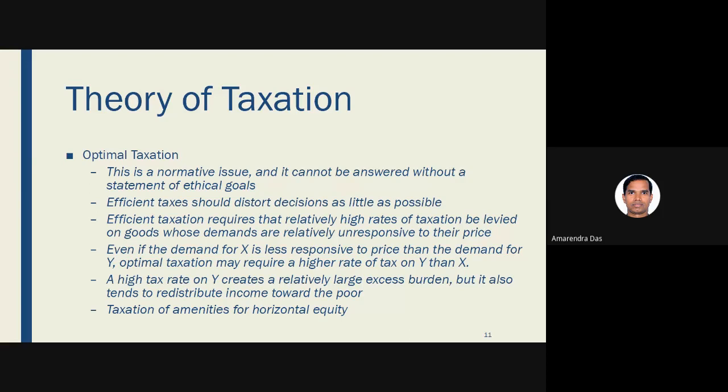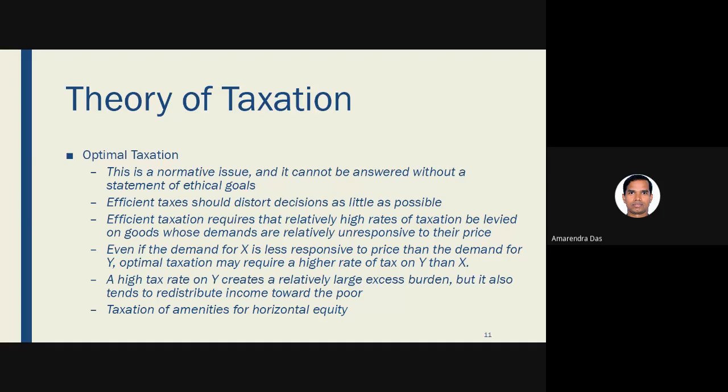And this is not purely mathematical, because it has a value-added component also. That means there is subjectivity involved in it, because we are saying that tax should also serve the purpose of redistribution. That means the rich people should be taxed more on the same commodity. So these are all value judgment things we are using, and in that case, you cannot have simple objectives and a simple solution. Getting a solution for optimal tax is very, very difficult.